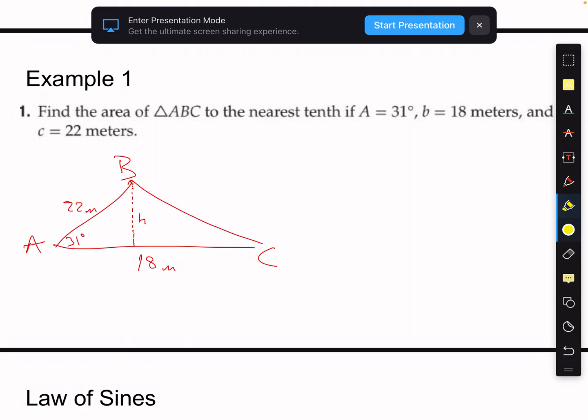Okay, so here we go. We're going to find the area of ABC. We know what the base looks like. We need to find the height. So how do I find this height here? That's what I'm looking for. Well, it's that same question I just posed, but the problem is here that